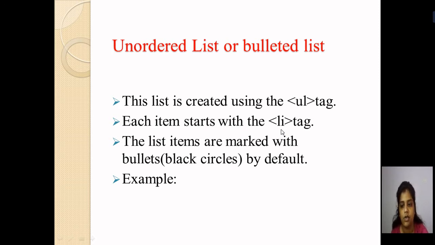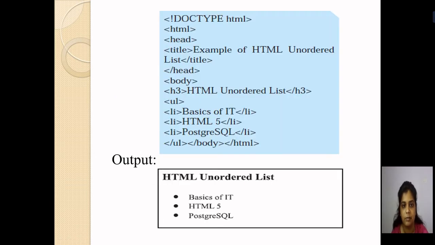Now we will see a short example of an unordered list. So here you can see an example of an unordered list. Similarly, as we have done in the previous example, I have written the title of my program as example of HTML unordered list. I have opened my title tag, I have assigned the title, and I have closed my title tag. Next, my head tag is completed. As I am now using an unordered list, which tag am I using? The ul tag. That tag is written inside the body tag. So here the body tag is open.